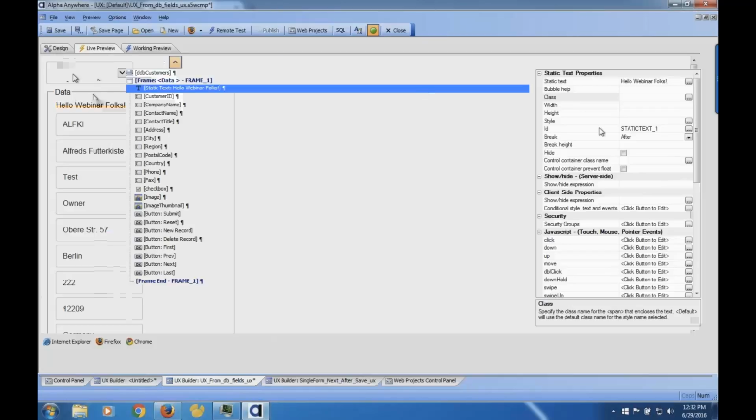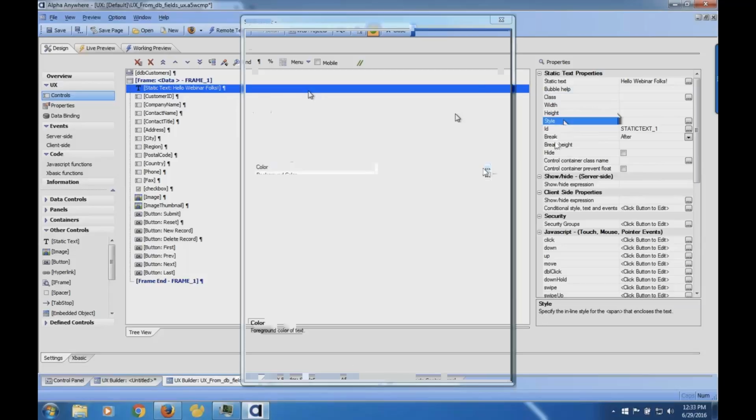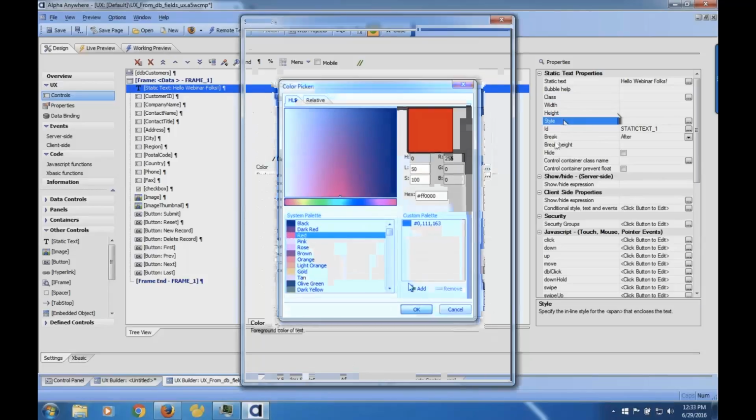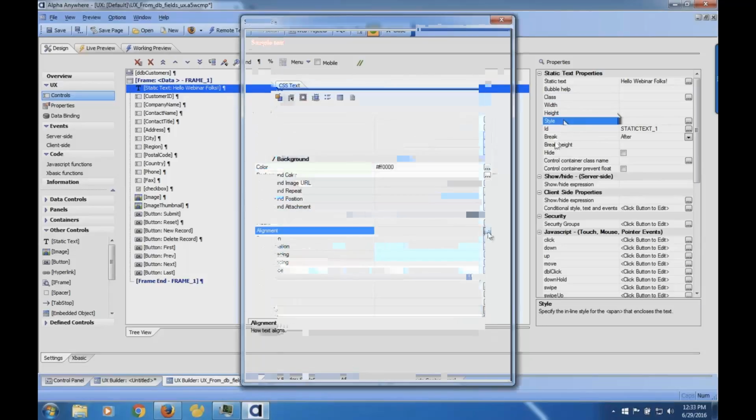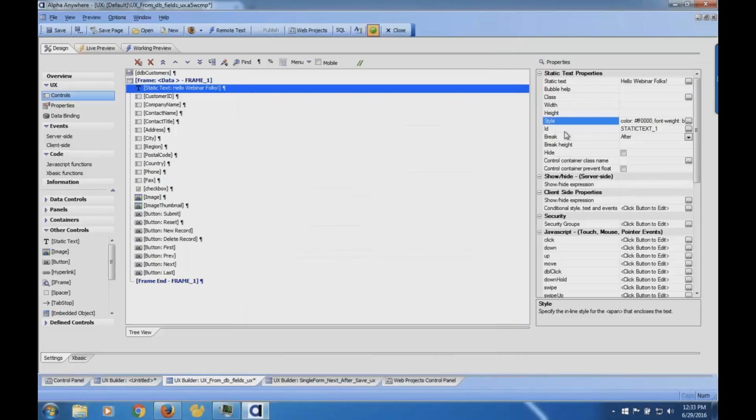But now you have complete control. You can either add your own classes in, so you can create your own class to highlight that text, or another way is you can just click the style button here and say, let's say I want the color to be red, and for the alignment, I won't worry about that, but I'm going to say the weight is going to be bold. So as you can see, if I want to, I have complete control over the styling of everything on here.